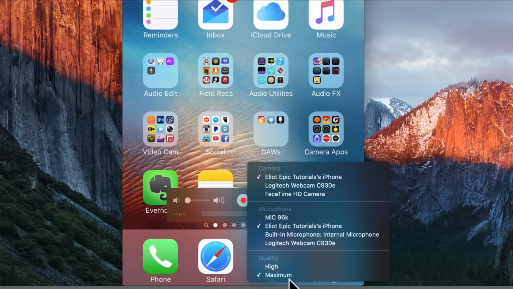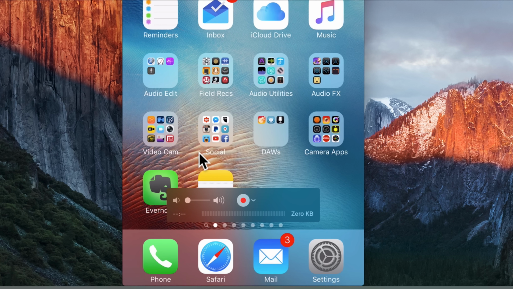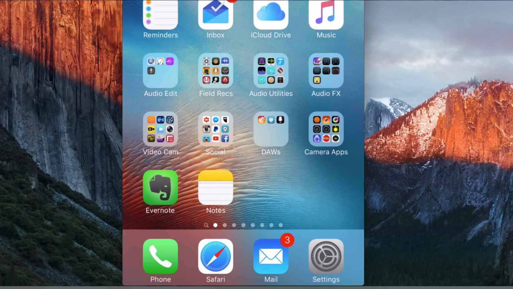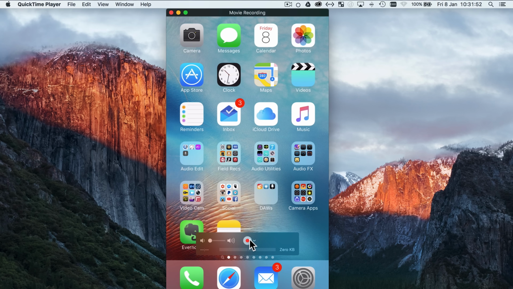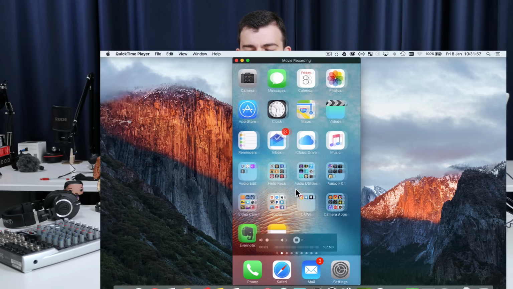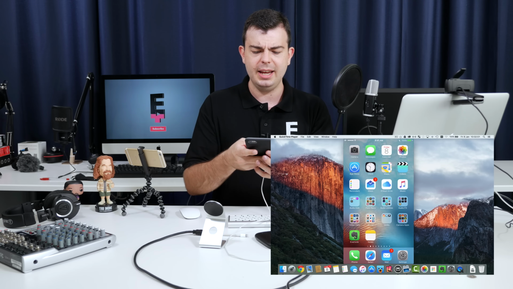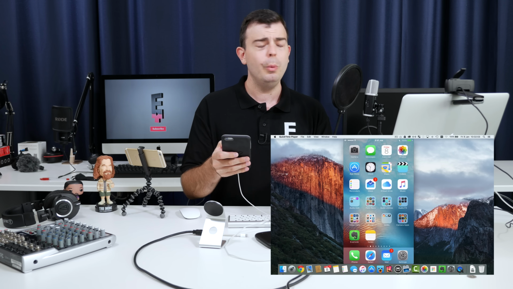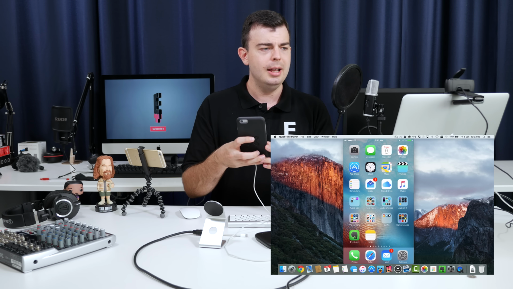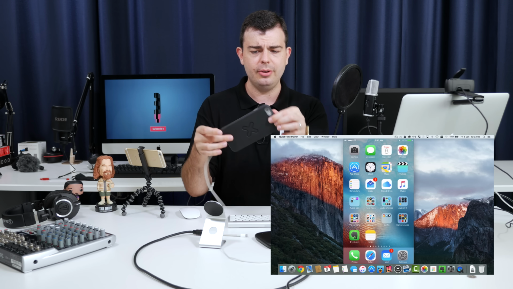Lastly, before you start recording, there is a quality setting down the bottom here. I recommend maximum. That will give you beautiful 1080p if you're in landscape mode on an iPhone 6s Plus at 60 frames per second, and there is no lag. So let me demonstrate the second major problem with QuickTime Player X though. I'm recording my tutorial and it is going swimmingly. It's looking fantastic. You can see it records everything very quickly. We get a slight delay on our preview here, but as soon as I go into landscape mode,